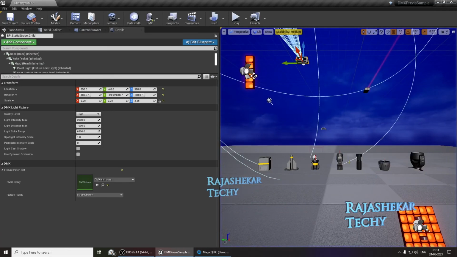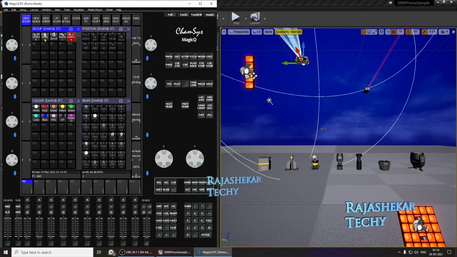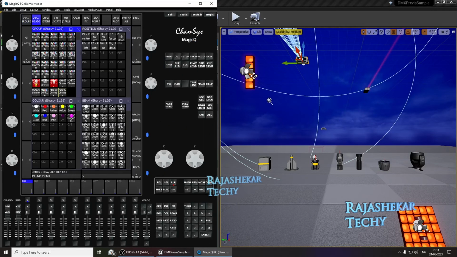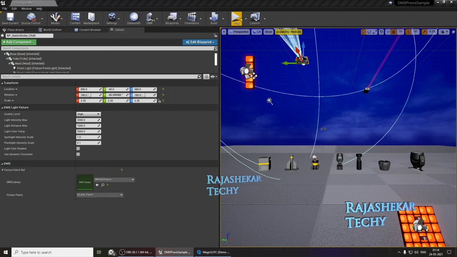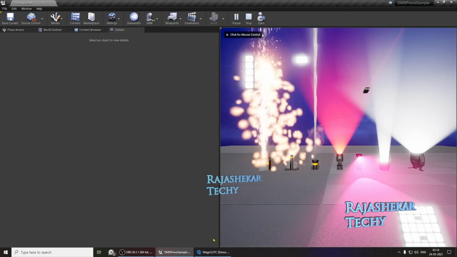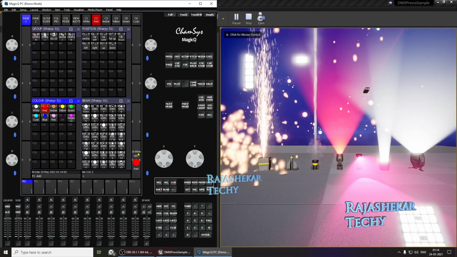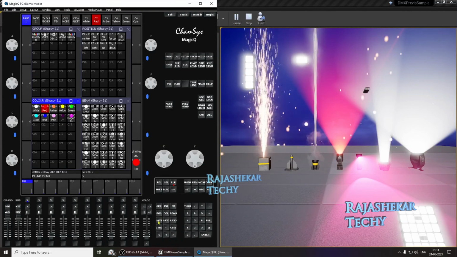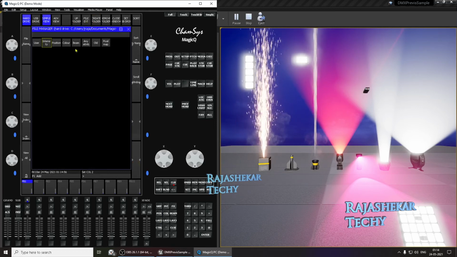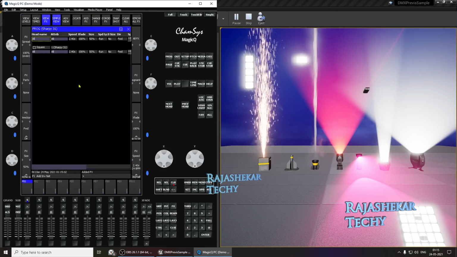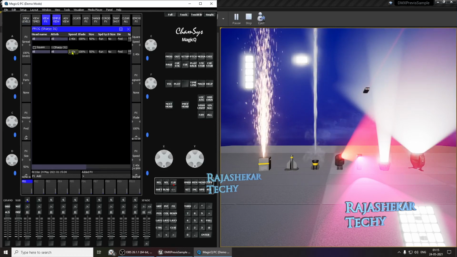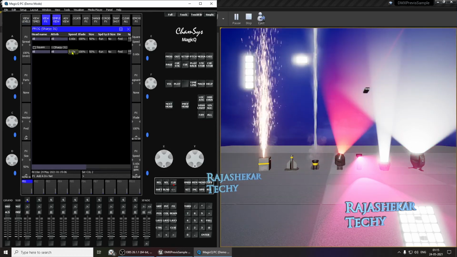Now let's add some effects to the Sharpie, moving mirror, selecting Sharpie, and let's go to individual heads, Sharpie 1, go to layout, changing color, and let's add some effects. Layout 1, add effects, let's give some square, and let's change the timing to 0.6.